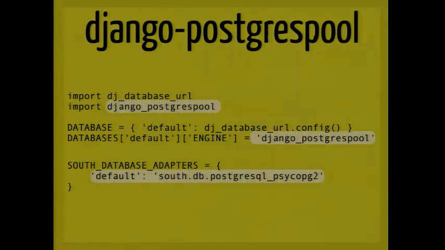Essentially, you install it, you say, here's my engine, and you would do the same for South. Then you can configure how many connections you want in the pool. Do you want 10 or 20 or something like that? And this is just going to keep a pool of connections, so you don't have to go out and get a new connection every single time. You're going to see much better performance here. It's just a good practice. Most other frameworks do it. Fortunately, this gets a lot better in Django 1.6. So in 1.6, they have persistent connections. So it's not a full pool, but it doesn't have to get a new one every single time. So it's definitely an improvement. And then you have the ability to turn it on, turn it off as well, just like you'd expect in Django.